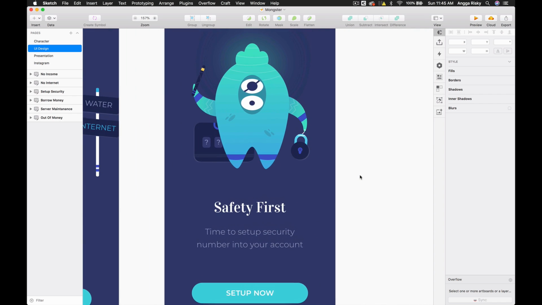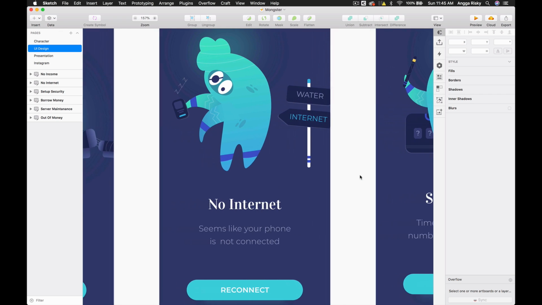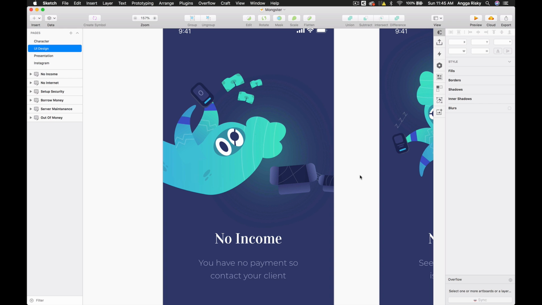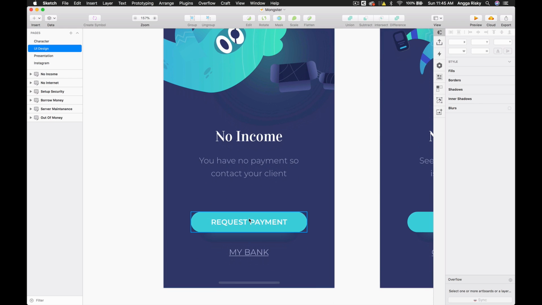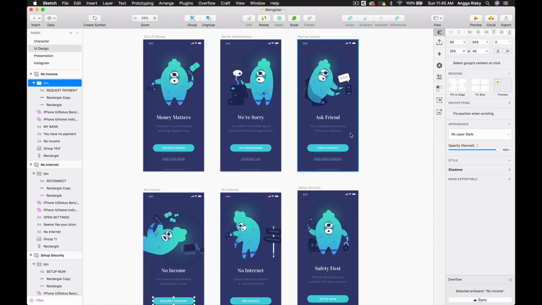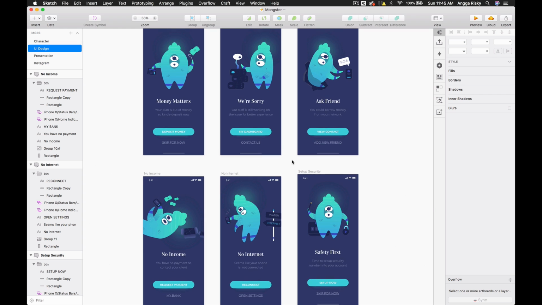And this is another thing, like safety first, so they have to set up the PIN number or anything. And this is the condition whenever the user has an income and they have to request the payment from the client. Yeah, so I figured out 6 different states that you could use for your own project.